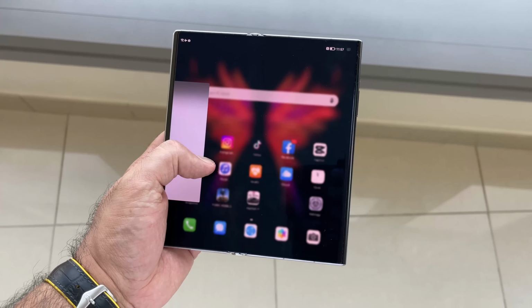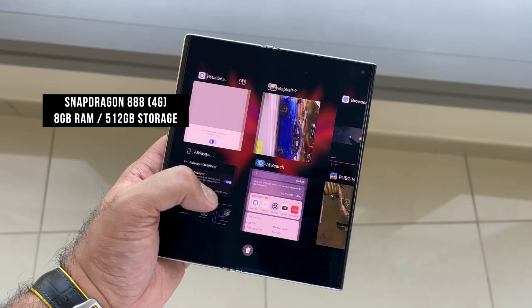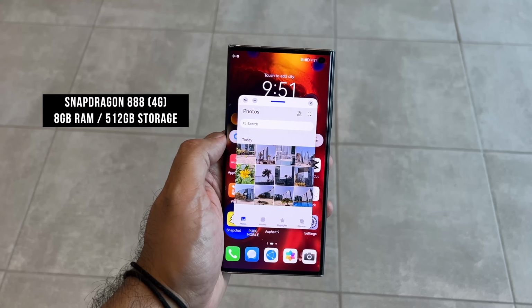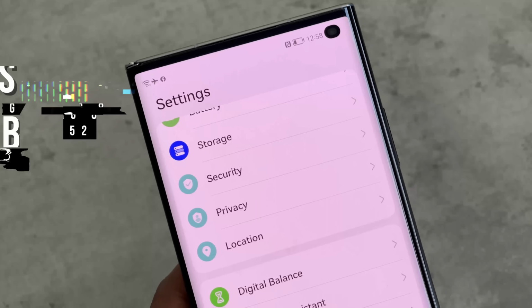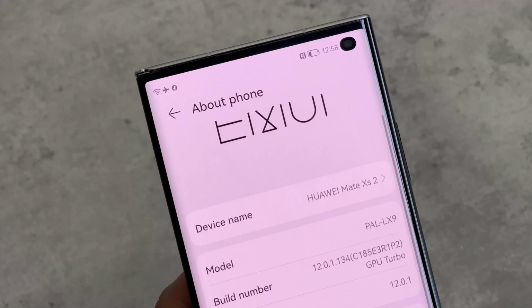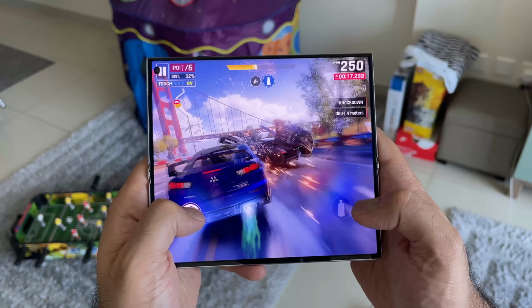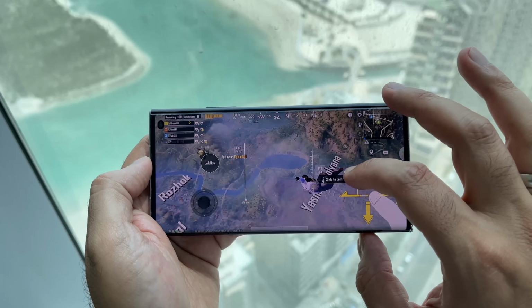Now, the Huawei Mate XS2 is powered by the Snapdragon 888 processor, and that won't be available with 5G, so if that's important to you, that's something to be aware of. This model has 8GB of RAM and 512GB of storage, along with EMUI 12. It makes for smooth day-to-day use, multitasking, and for gamers. They'll be happy to know it stays cool during long periods of gaming, and that's thanks in part to the